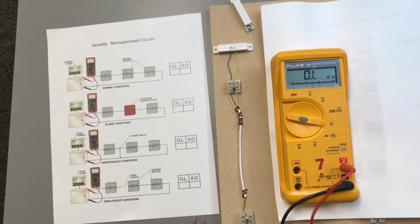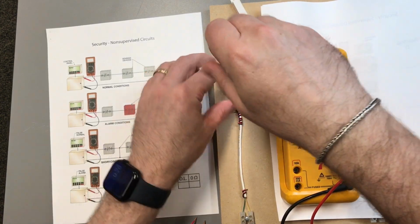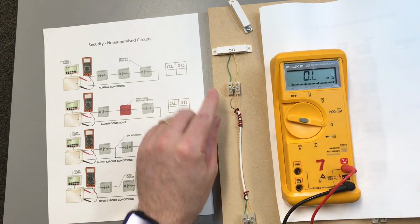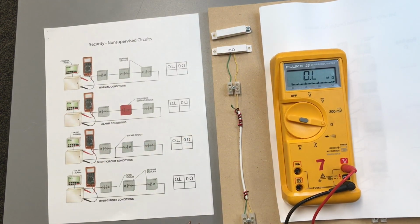Our last scenario to look at is what happens if I come by and I open the circuit? Let's say I have a wiring issue. Somebody comes by and he gets caught on it, accidentally cuts the wire, or a construction worker comes out there and they have damaged my wiring. So we're going to play a scenario. We're going to go up to my device. We're going to put in a false open wire. So there we go. There's my open wire. Okay, my conductor now has been removed. I've caused that fault. We're going to take my meter, secure my door, put my meter on there,